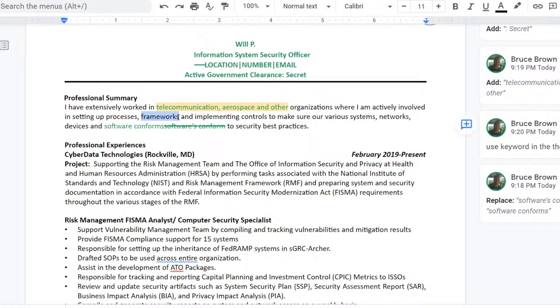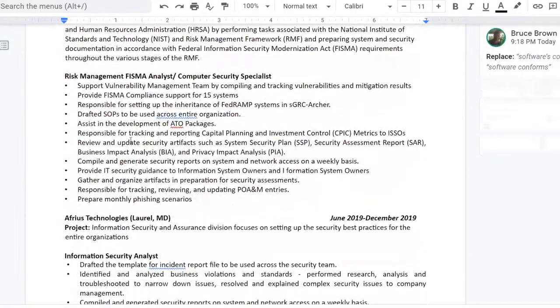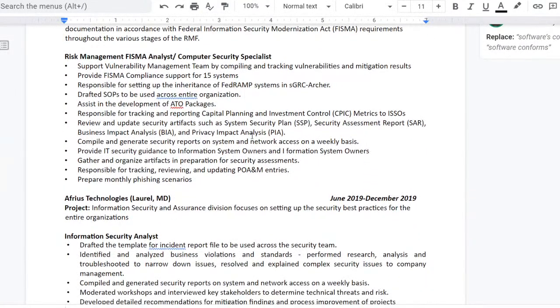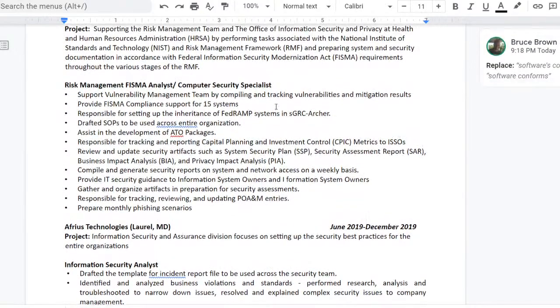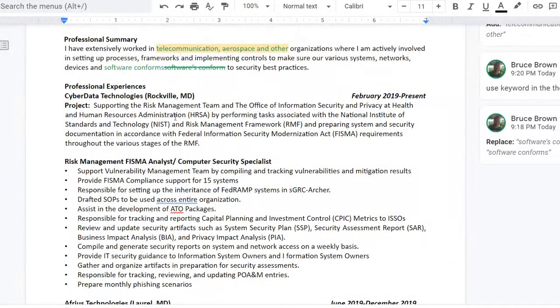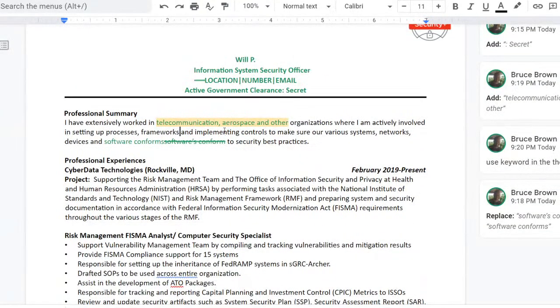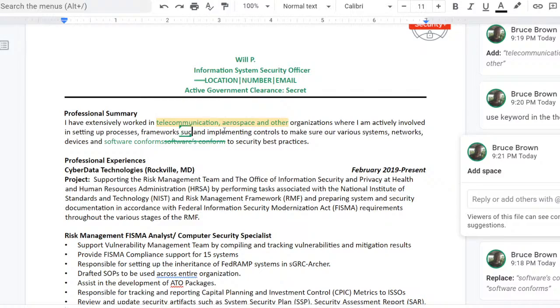Okay, we're gonna put some frameworks in there, such as, let's say, what did he say? FedRAMP. He said FedRAMP, FISMA. No, let's see here. I thought he said FedRAMP. Risk management framework. Let's say that. Frameworks such as risk management framework